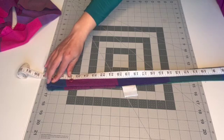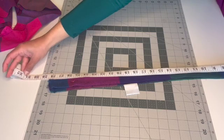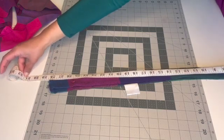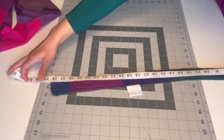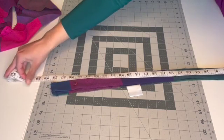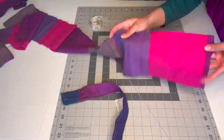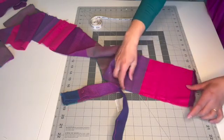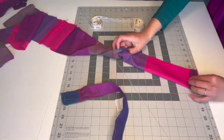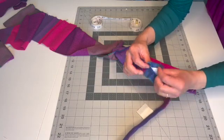But that's like right here on the edge. So to be safe, I'll put maybe like 2 to 3 inches extra so that I have enough wiggle room in there. And if anything, I can just cut that section off. Because I have this extra section already and it is on the grain line, I can just cut out the 3 inches that I need and sew it onto this side of the